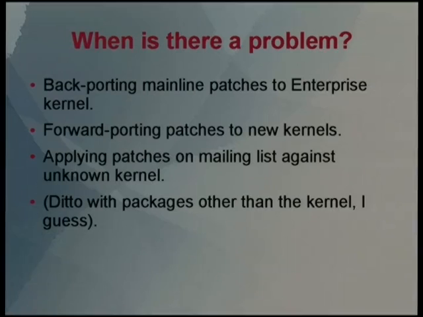What is the problem exactly? Well, I've been a kernel developer for a long time, and one often needs to apply patches that were developed against one kernel against another kernel. So particularly, for instance, working for SUSE at the moment, we have an enterprise kernel that's 1, 2, 3, 4, growing every few months, versions behind mainline. So I do develop on mainline, and that's policy. We should always develop on mainline. That's a good thing. Then if I want to apply these fixes to the enterprise kernel that we actually support and get money for, got to backport them, and sometimes that's really easy, and sometimes that causes problems.